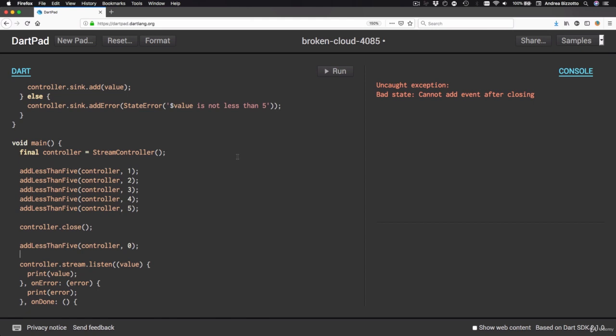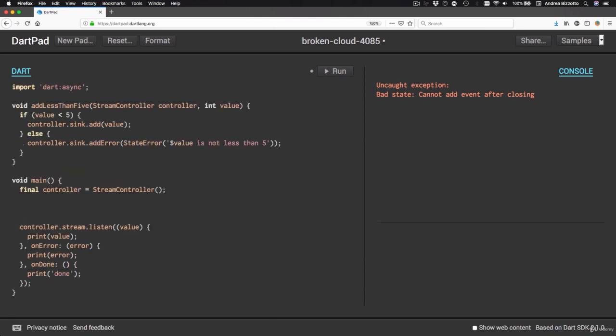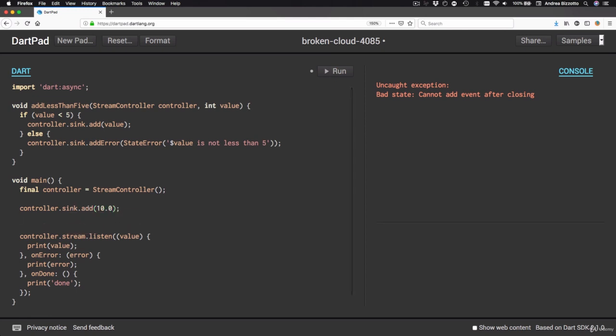One last thing that I want to point out is that the data that we send to a stream can be of any type that we want. So to show you what I mean, let me clear these lines over here. And here I could add a few values of different types. So for example, controller.sink.add 10.0 or